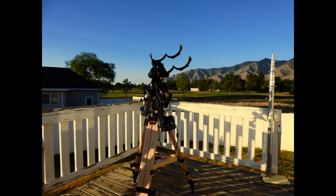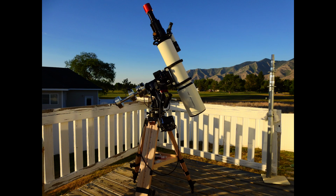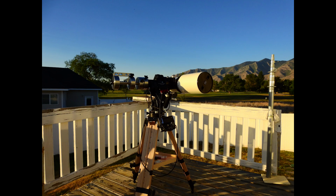Then we haul out the scope, place it in the rings, close the rings, and then give it a flip upside down and around so that it's facing southwards, perpendicular to the ground. That puts us in what is known as the Park 4 position, and it allows the software to know exactly